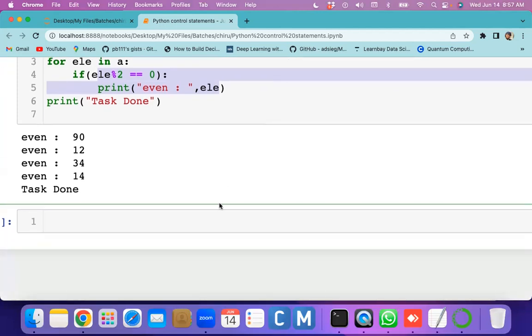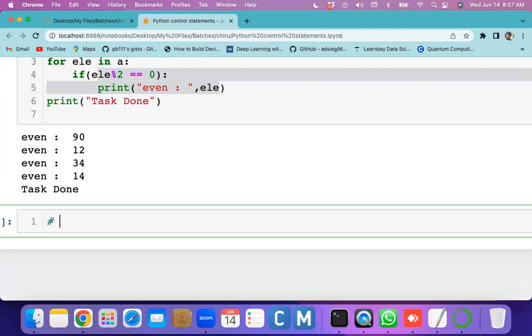Okay. So I want to tell you one thing. For the for loop, you can add the else also. That means for and else. But the else is executed if and only if all iterations are done. Then else executes.